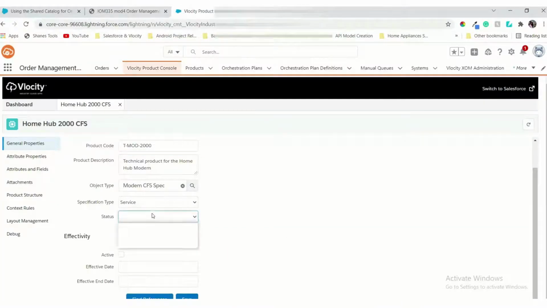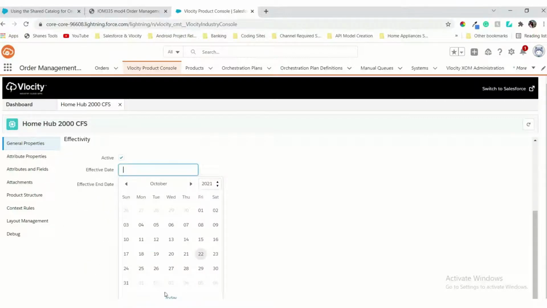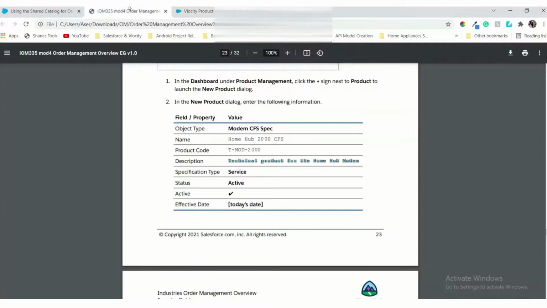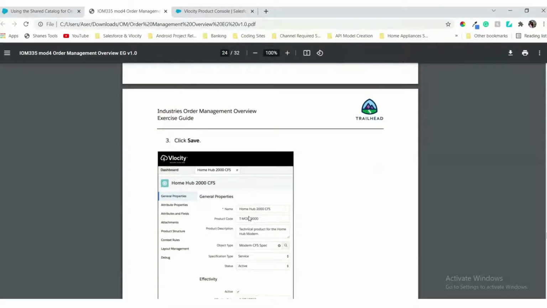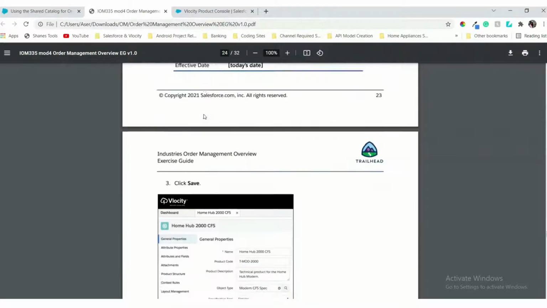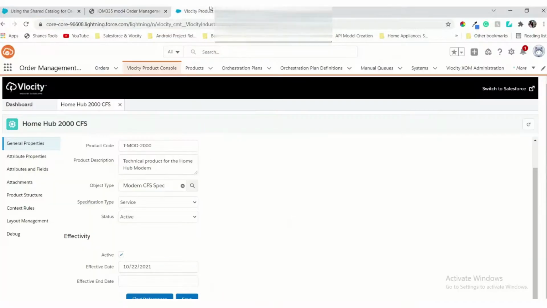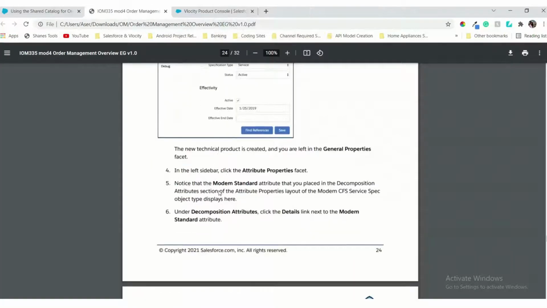Okay, status keep active, check active, and then the effective date should be today, and then save it. Do not forget to save, otherwise the changes you made will not be kept. It should look like this, just compare your product, exactly the same. Okay, after saving this one, it looks exactly the same. The new technical product is created.